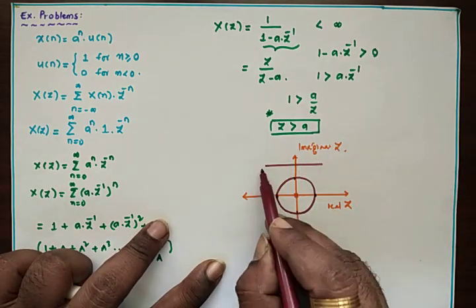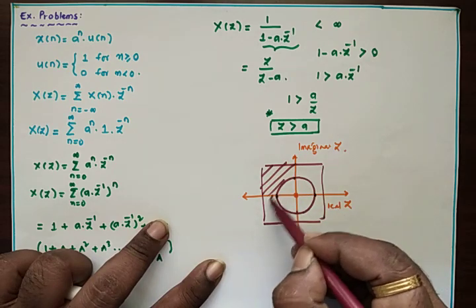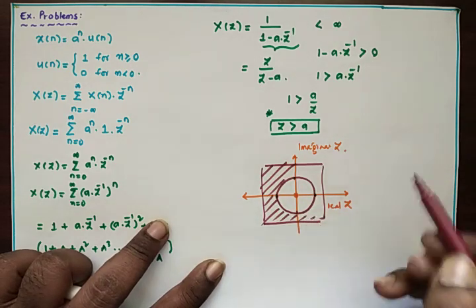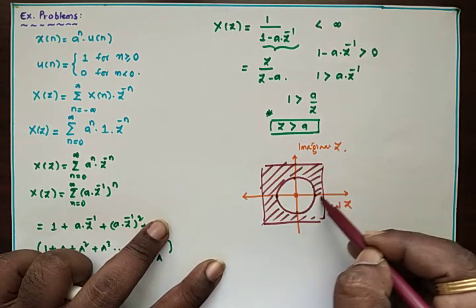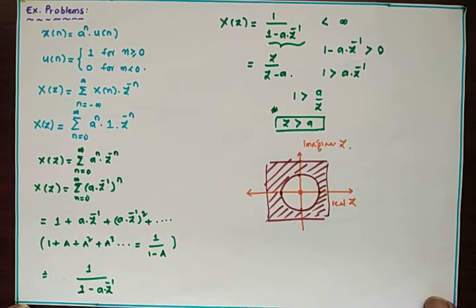That means from greater than a onwards, it is going to converge. X of z can converge for z greater than a. Like this, we can simplify any z transform. If you are good at this one, you can easily write